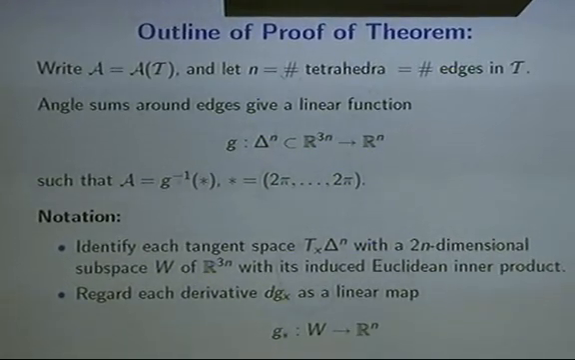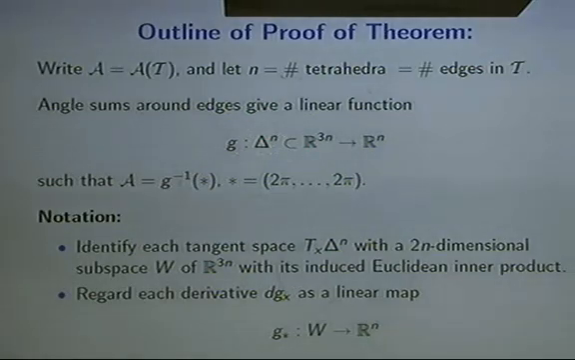So I'll write A for the set of angle structures on our triangulation T. I'll write N for the number of tetrahedra, and that's also the number of edges. Now, first we want to think about these angle sum conditions. Each of the angle sum conditions gives you a linear equation. If you put these together, you get n linear equations altogether, and you can think of this as described by a linear function from delta to the n